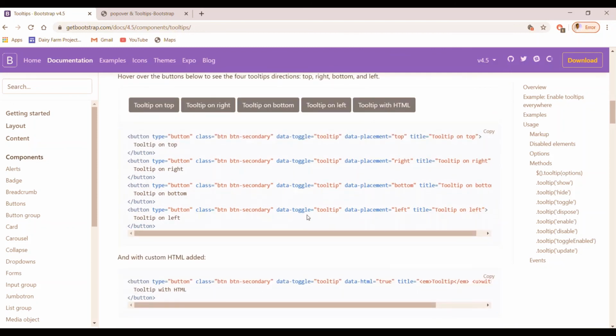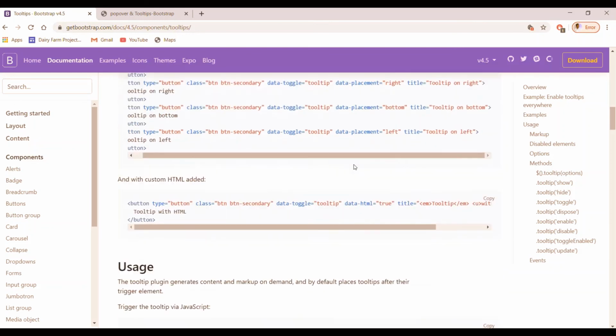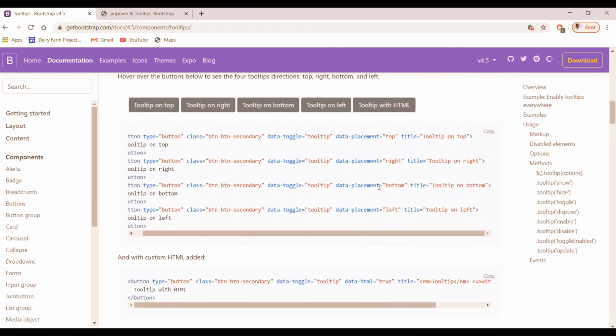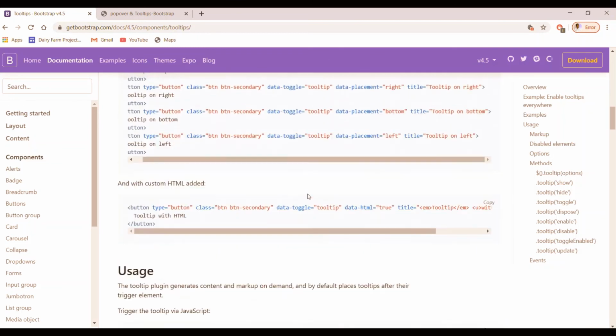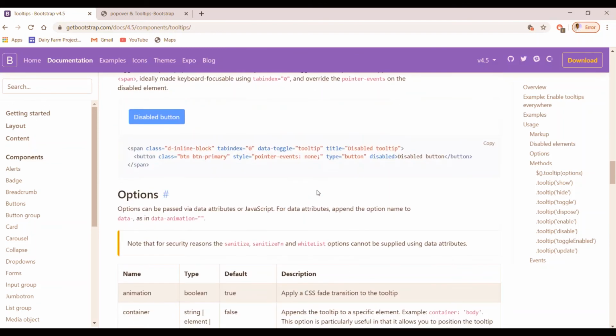For this we have to use data placement: top, right, bottom, left. Okay, so this is how we can use tooltips in the pages.